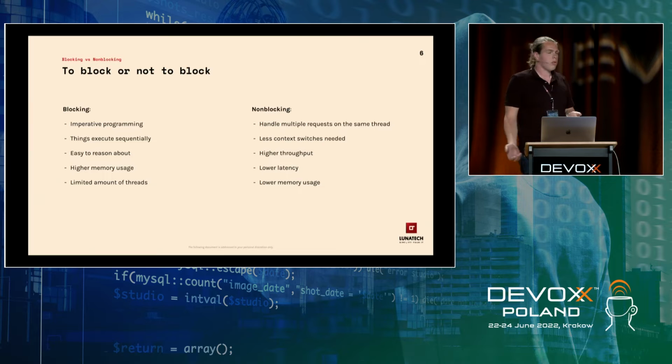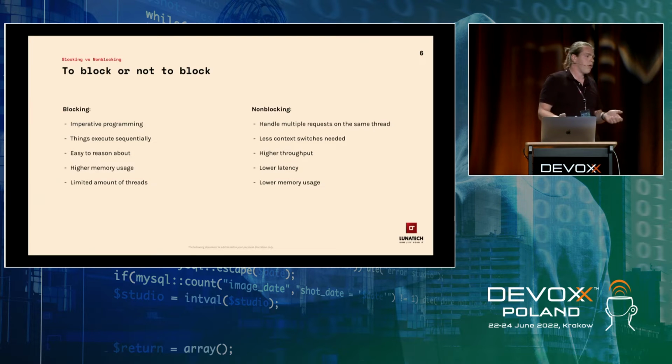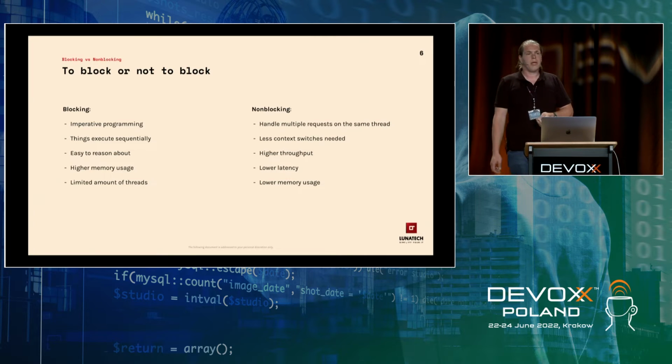It does come at some cost, of course, blocking code. Like I said, you're blocking your threads, so you can't handle more requests, and we have a limited amount of those threads. We can't keep on spawning more threads on your operating system, because then you just run out of memory or CPU. It just doesn't scale anymore, so we need more CPUs or bigger CPUs.